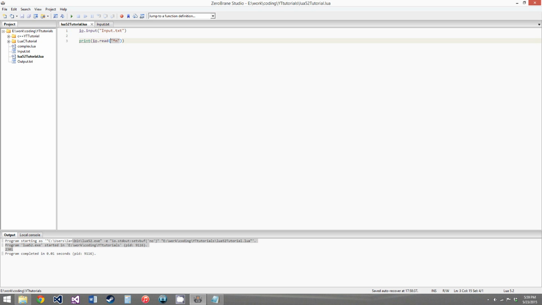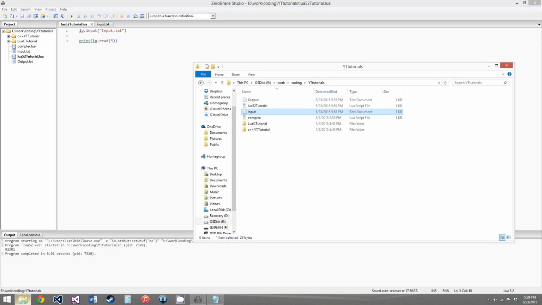So say I only want to read this many characters. So if we were to say 5, we have to change